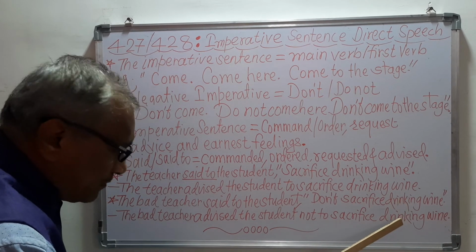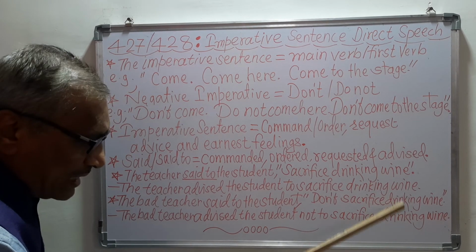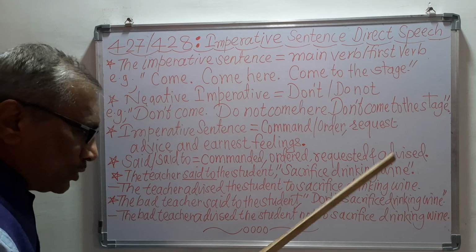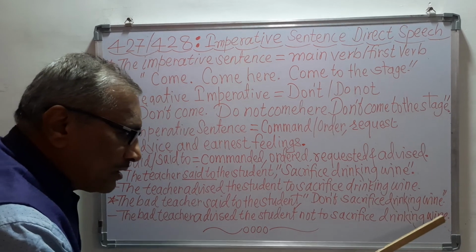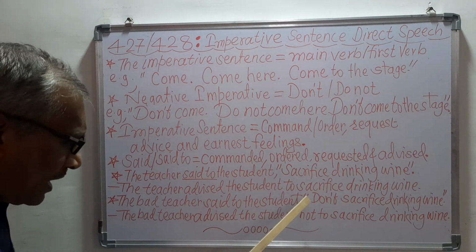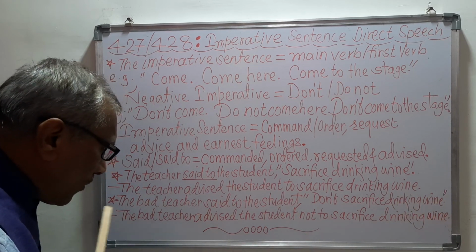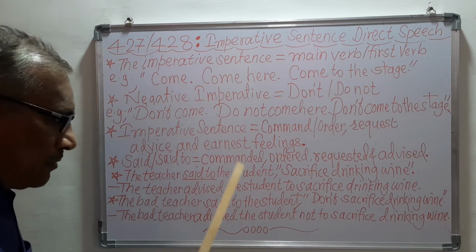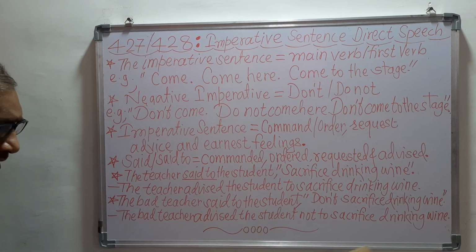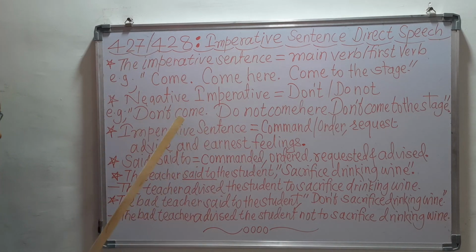Then "drinking" is the word which will not be changed, because it is again the main verb with ing, and I have not changed this, so you should also not change it, and "wine" will remain wine. And there is the full stop. Again I will tell you that the comma and inverted commas are all cancelled, which means we should not put them, and at the end of the sentence there should be only the full stop. These are the rules and regulations of the indirect speech.